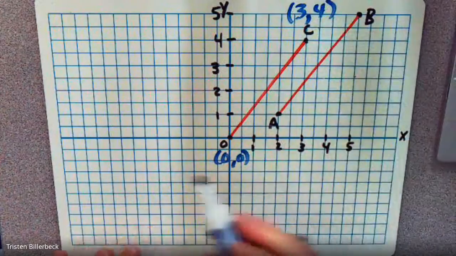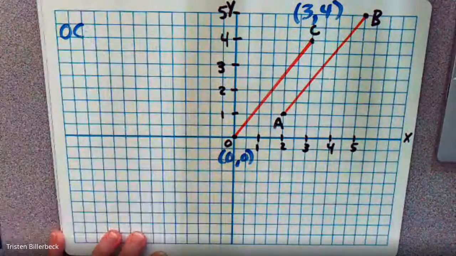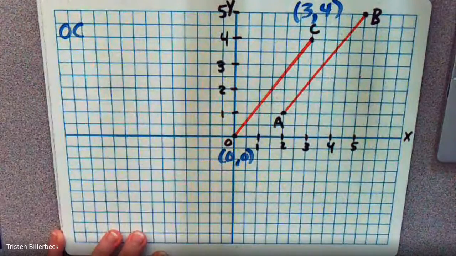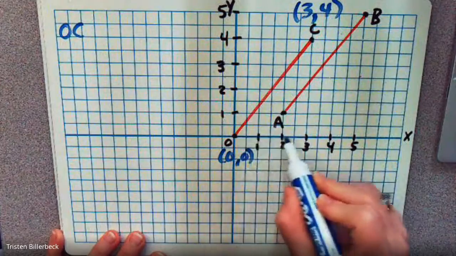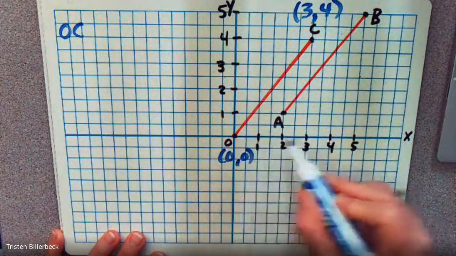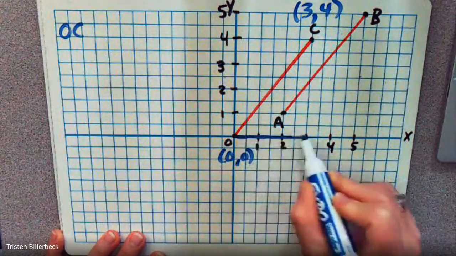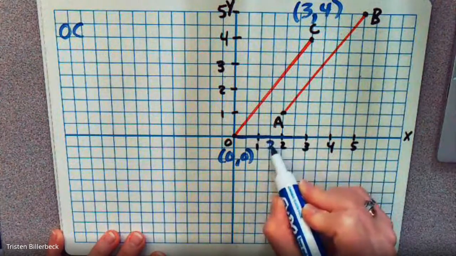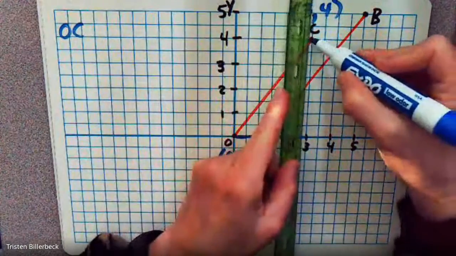And we look at OC. So if we want the difference of OC, we see, okay, it's changing in this direction. So our length of our triangle here, we drew the triangle, we would have 3 right here. And if we drew the triangle up here,